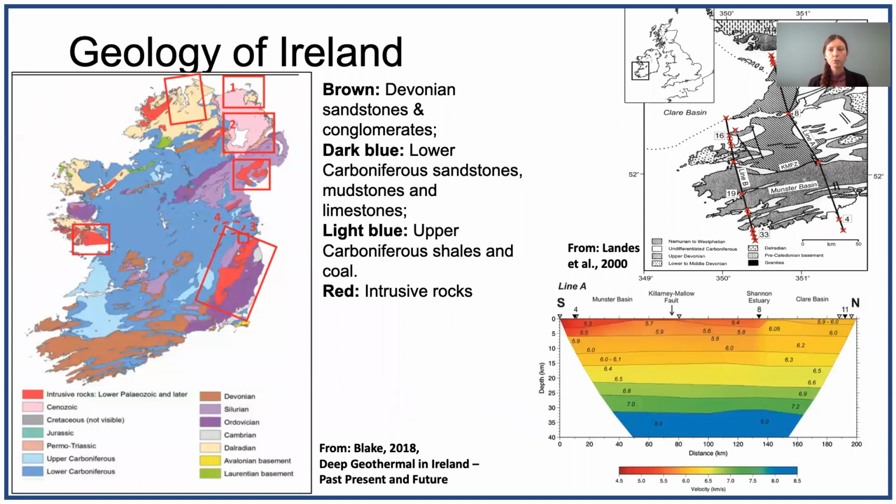Now, Ireland itself formed as the result of the collision of the Laurentia and Avalonian terranes, which closed the Iapetus Ocean during the late Ordovician and Silurian times. When the ocean was closing, the oceanic lithosphere was subducted, subsequently forming the Caledonian orogenic belt in the late Silurian, early Devonian times. The Iapetus suture zone marks the collision zone between the two continental plates and extends approximately from the Shannon Estuary in the west of Ireland, across the Irish Midlands in central Ireland, and northeastwards towards the Scottish